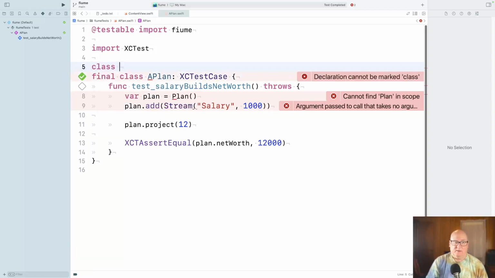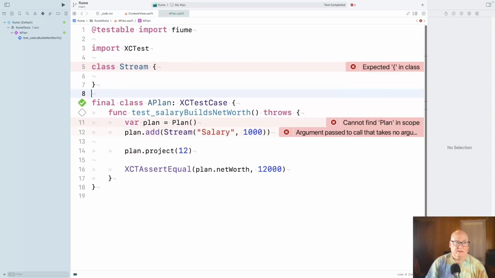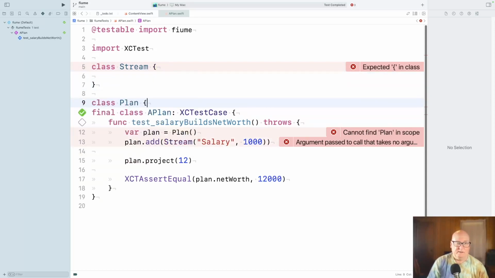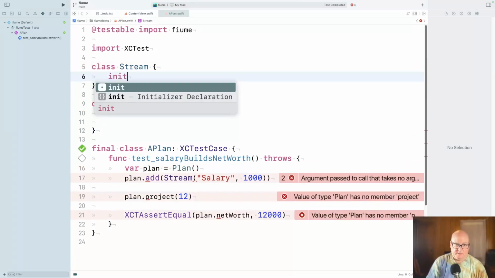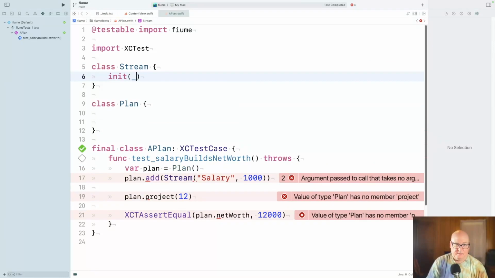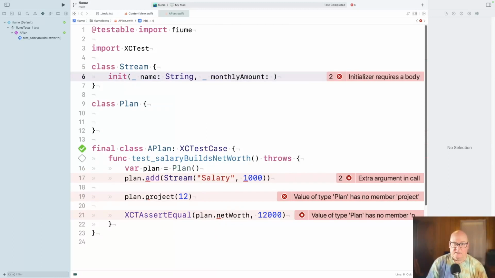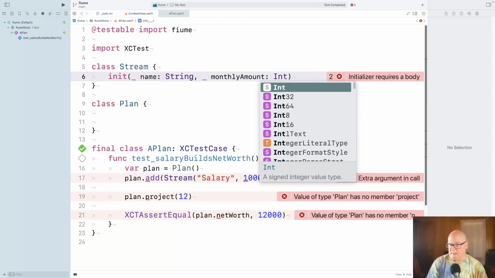All right, so I've got a stream. I'm kind of assuming these are classes, and I've got a plan. Okay, and a stream took a name and a monthly amount. I'll say int for now.